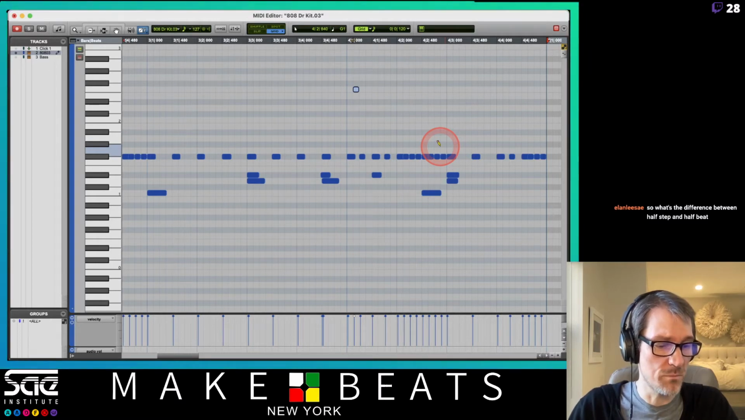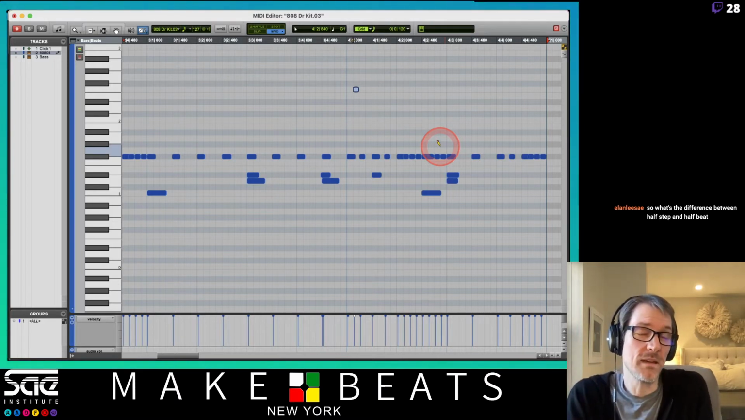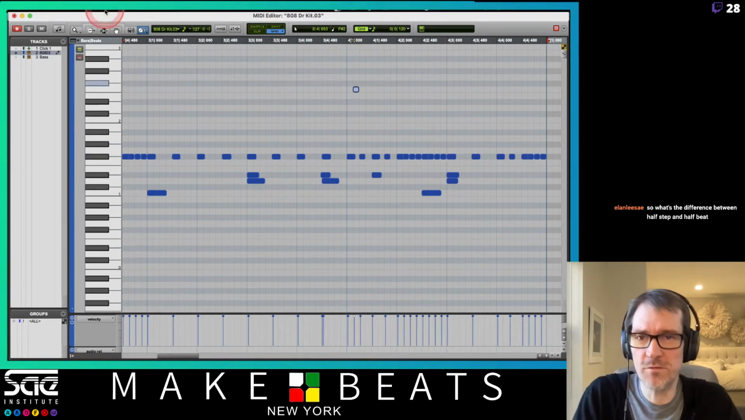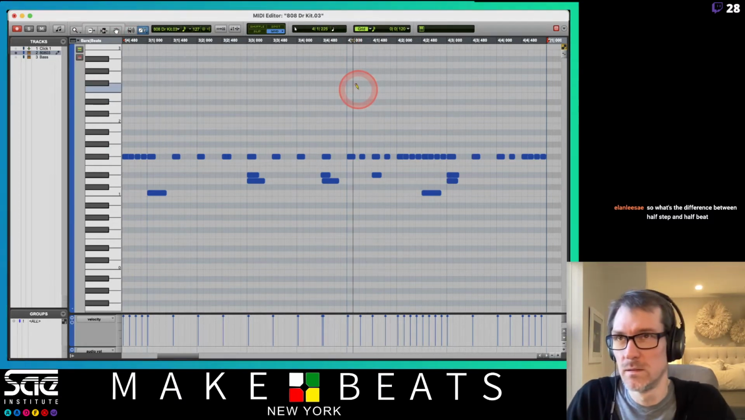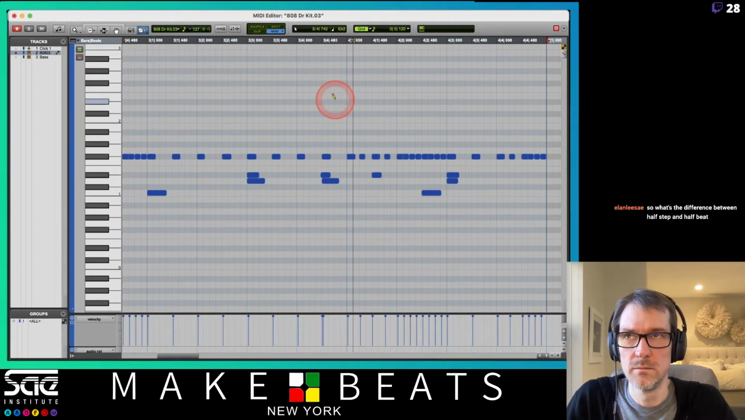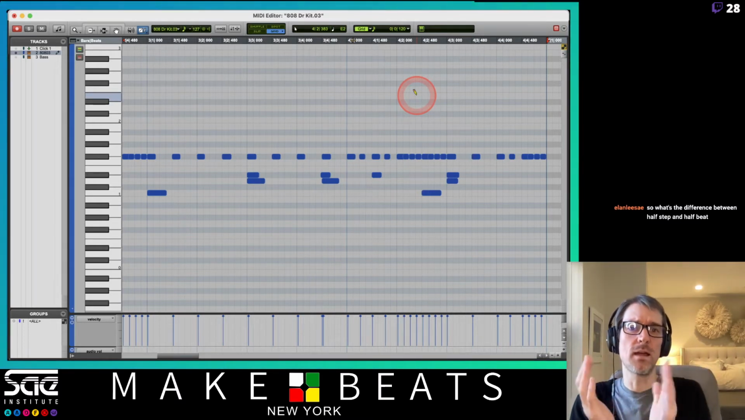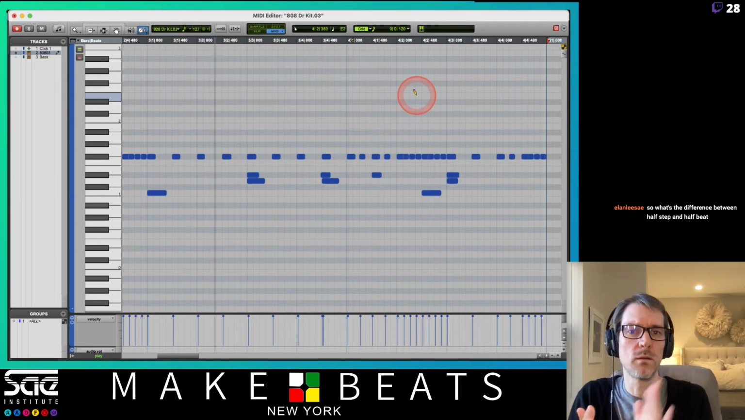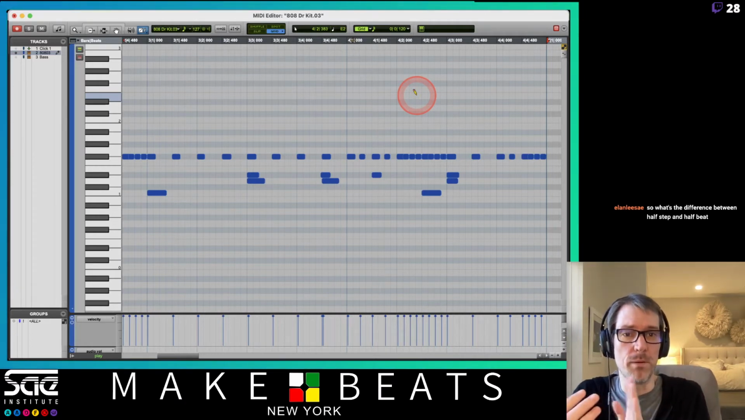A half step and a half a beat. Well, the beat is 1, 2, 3, 4, 1, 2. So a half beat would really be an eighth note. It's not something you say in music theory; people call it an eighth note. Your beat is here, right? And right now we're on beat 2, 3, 4, 1, 2, 3, 4. This is our beat, so half a beat would be